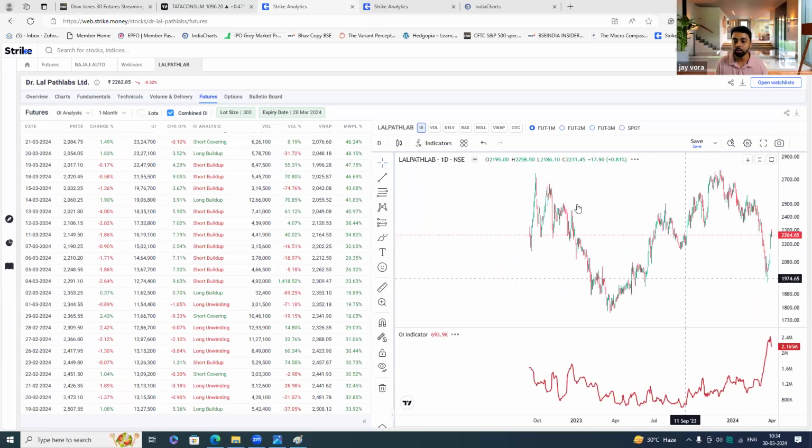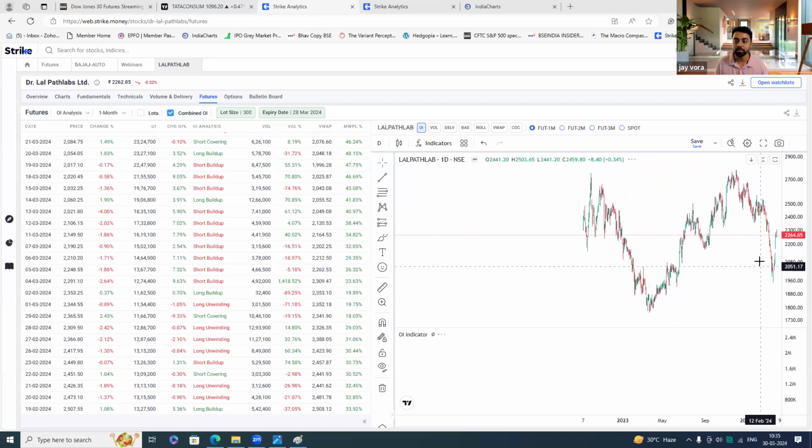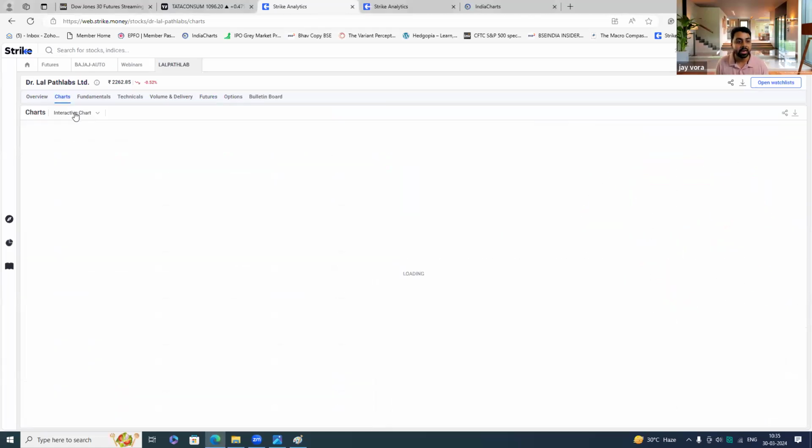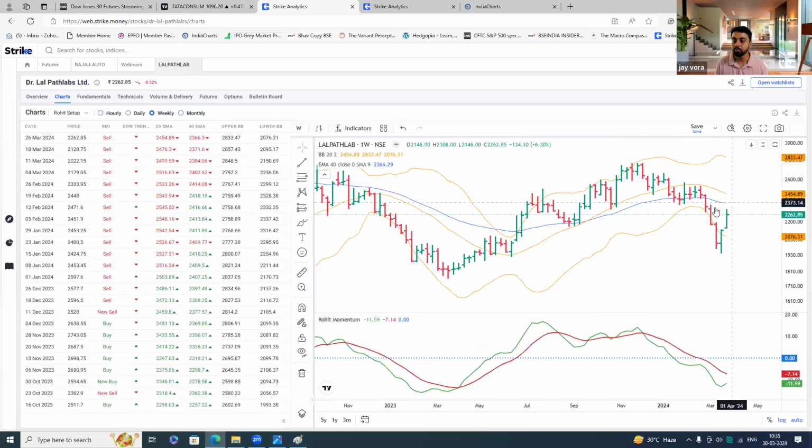Okay. But like I told you, if we look at the broader trend, it is basically in a range, right? So you would actually want a range breakout to happen in Lalpath Labs to see a meaningful trend. If this range doesn't break on the downside, and we end up seeing the weekly averages, which are also somewhere around these points, break on the upside, and we see a bullish crossover in RMI as well,